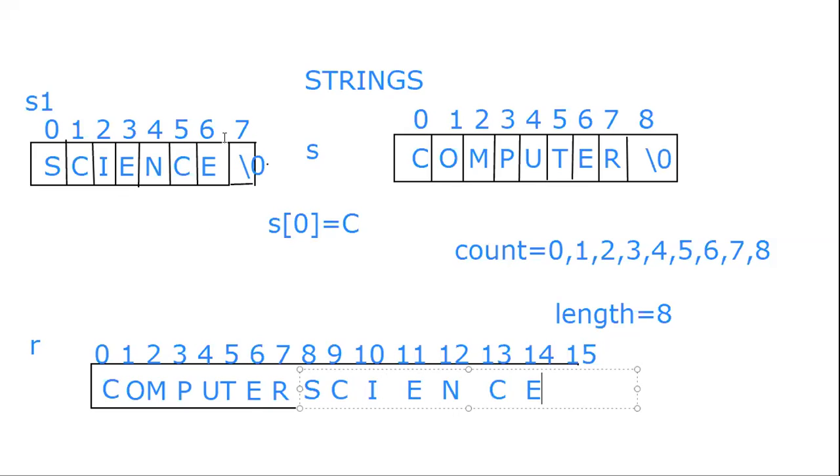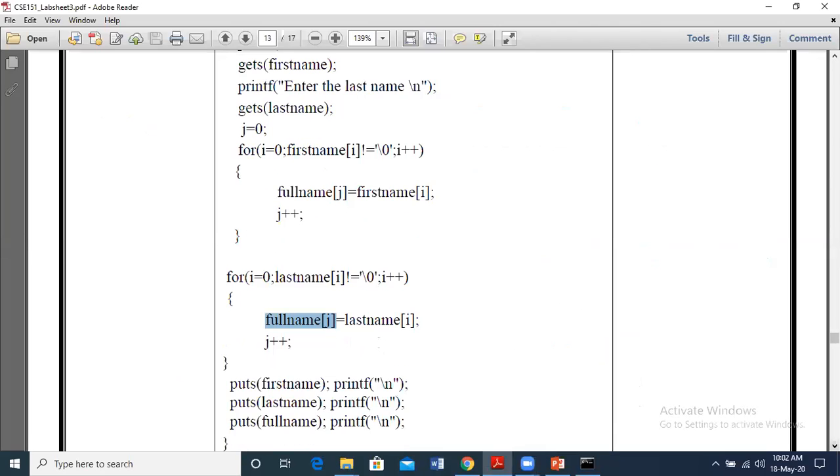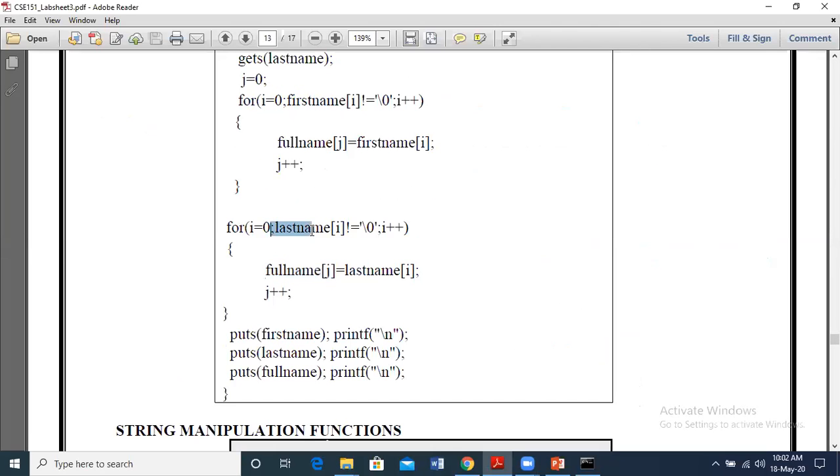Okay, so what is last name of 7? Null, right? So when we check, null. Go back. So what happens here? So when we see the program, the condition says we check for last name of I not equal to null. But when we check the last letter of the last name, it is null. So null not equal to null, condition is false, right? So because condition is false, that means we have copied all the letters from last name one by one to